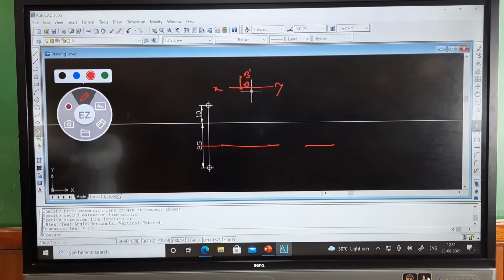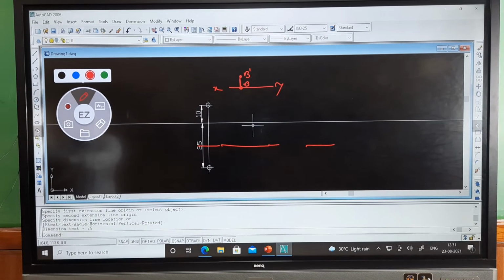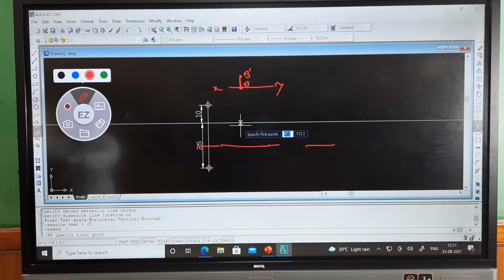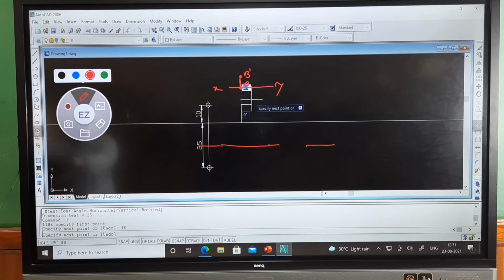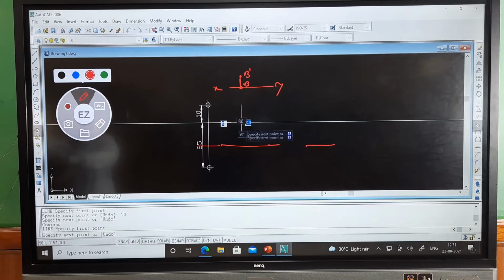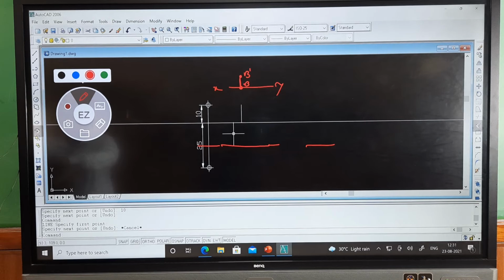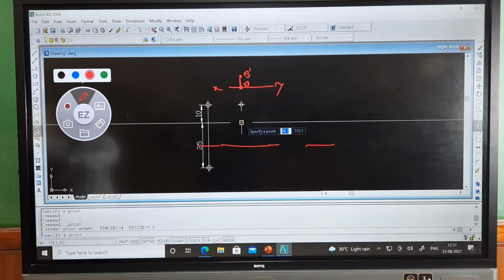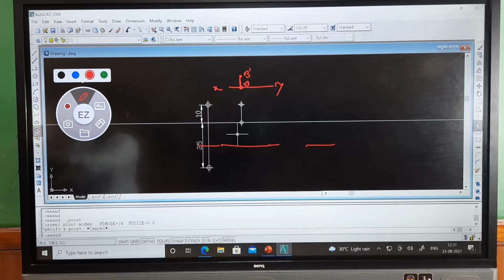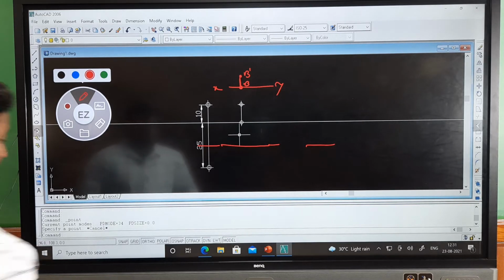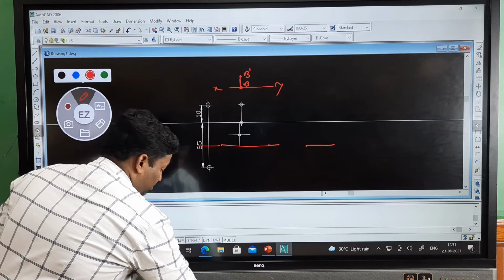Now see here, now we have to draw this figure. For that, what we have to take? Again L enter, select any point on the line. Now 10 mm above the HP, and at the same time again start here, press the enter key, repeat the same command, line enter. Now how much it is in front of, it is on the VP. So no need to draw any line below the reference line. So here we have to select the point. This is our B means which is above the HP, it is B complement, and this we will call it as B. So here I will just put this one here.